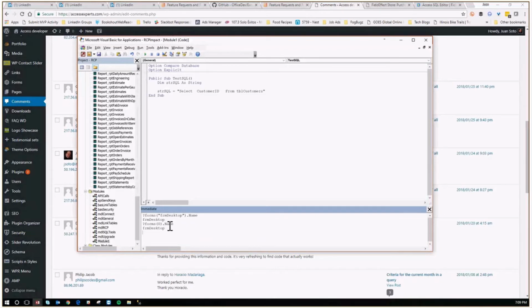But when you have several forms with the same name, that's the only drawback to spawning. When you have multiple copies of the same object in memory, you can no longer use your name to reference it, because it'll go to the first one that says FRM desktop and just use that one. Well, that may not be the one. Maybe I refer to the third one. And unless I know the ordinal position, which sometimes I do, I have a function that replies back with the ordinal position,